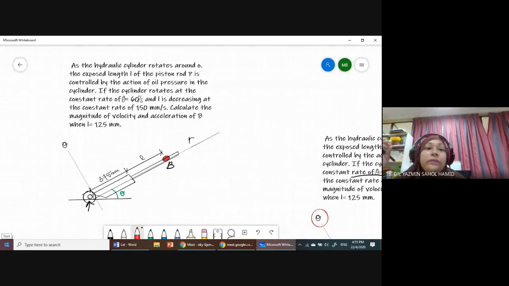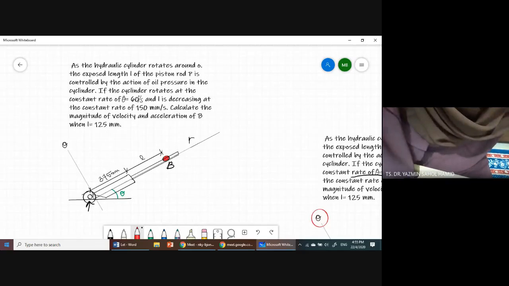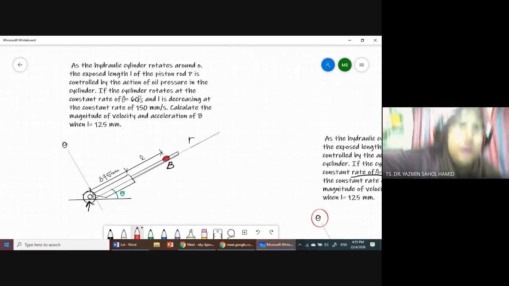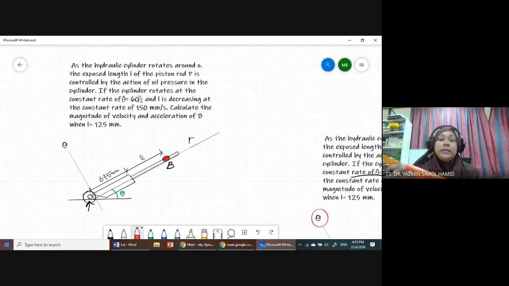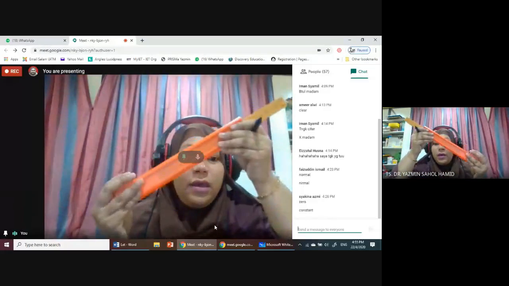I will read the question. As the hydraulic cylinder rotates around O, so we have a hydraulic cylinder. It is rotating about point O. So let's say this is our hydraulic cylinder. Okay. So we have this